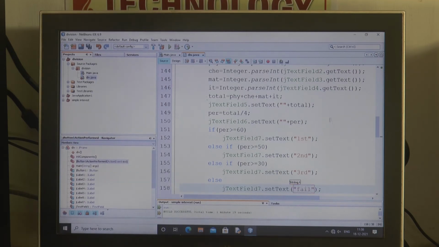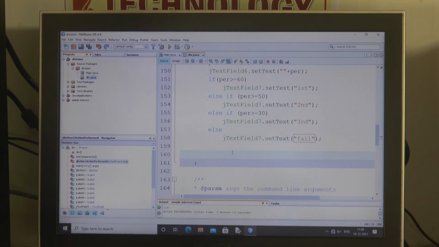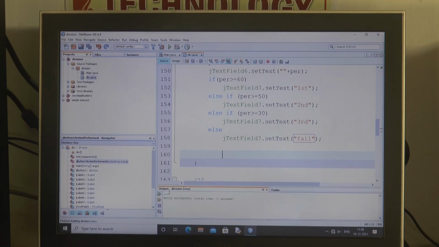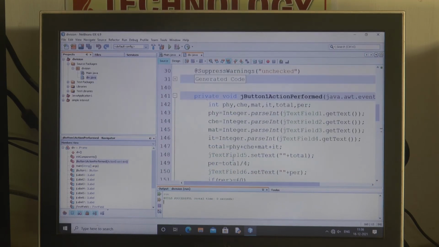Okay. So this is the total program I have created. If you click the run button, you can see in the output window build successful. Nearly no time taken, but the window is not displayed. To display the window, you have to create the object of the class. In the